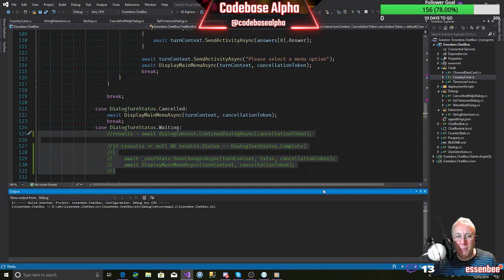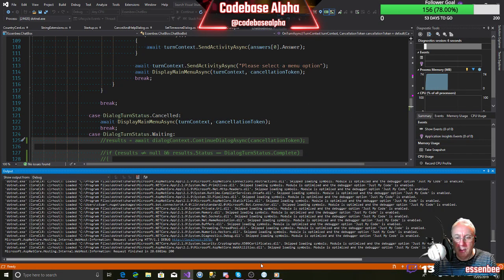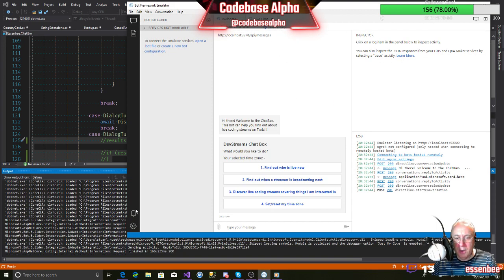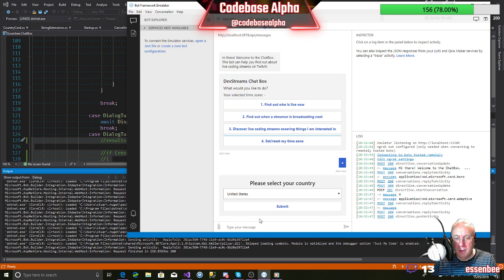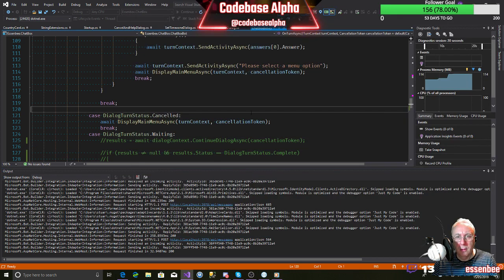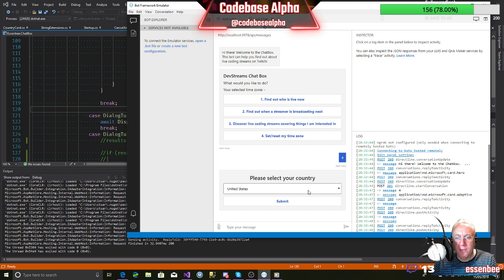Let's just see what happens. I think this gives us issues, but it may be that it's going to give us issues either way. But I think we can cope with it going through twice. So let's restart the conversation. We hit there, we press here, we submit United States. Have we hit a breakpoint? We haven't hit a breakpoint, and see, it stopped, which is the kind of thing I think that's what we got that code in there.